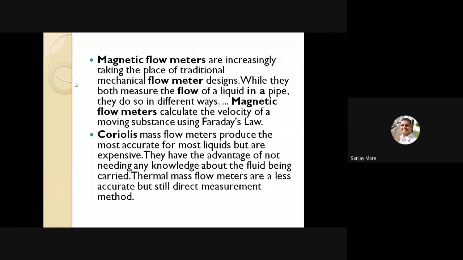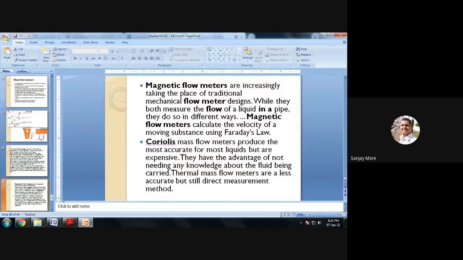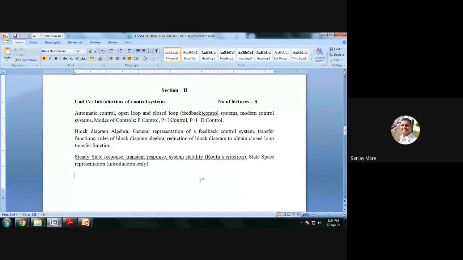So our second section is totally based on control, and our unit number 4 is